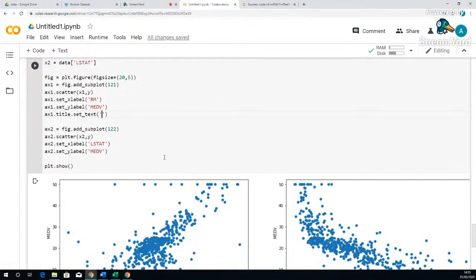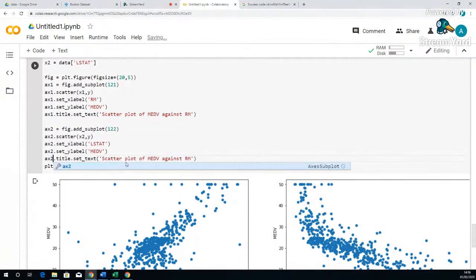Then you could just write scatter plot of MEDV against RM. And for the second one, we'll copy and paste again to make our life easy. And there's the scatter plot of this against ls start. Run it,